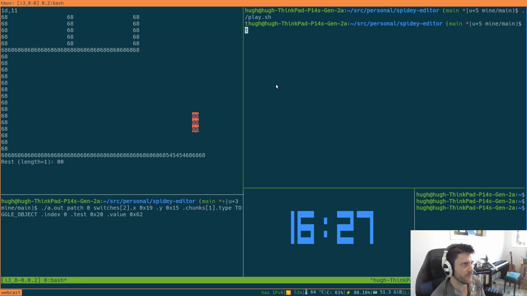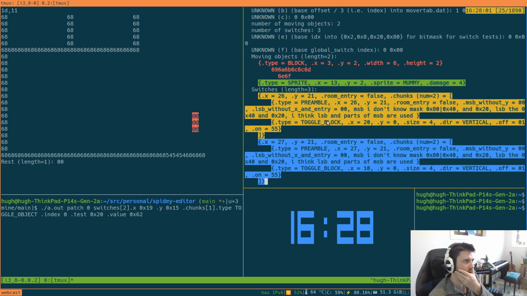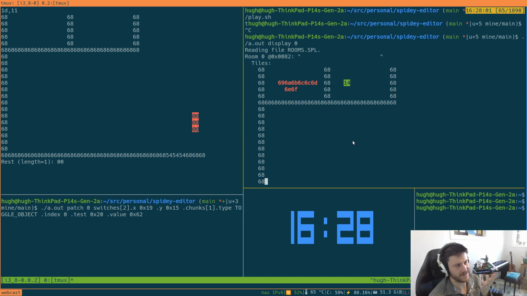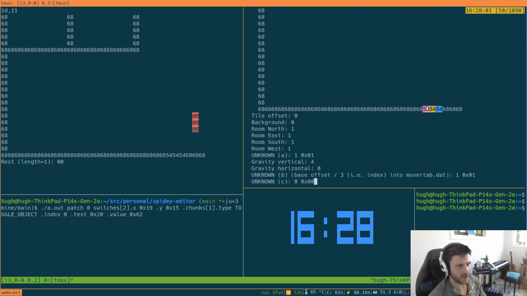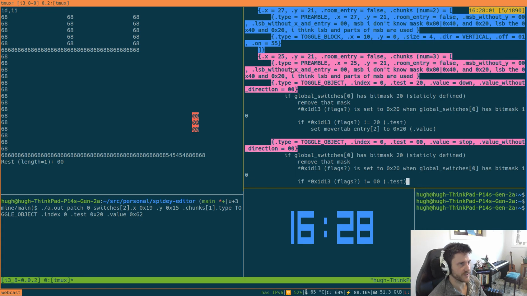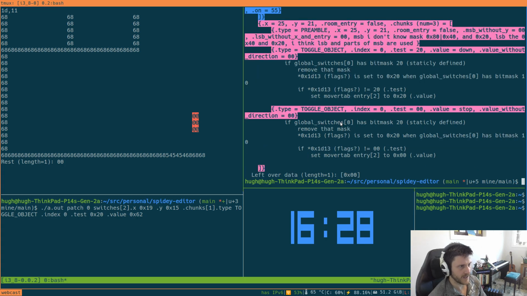But yeah, if we do a display on our test room there, we can see the objects that it has. It's got a lot of things. And this magenta one here, 54, I believe, is saying that it's got a toggle object. And what that's doing is, when it's testing certain things,